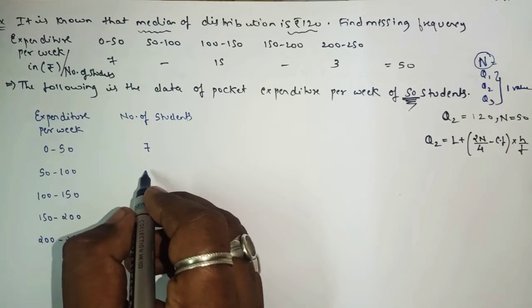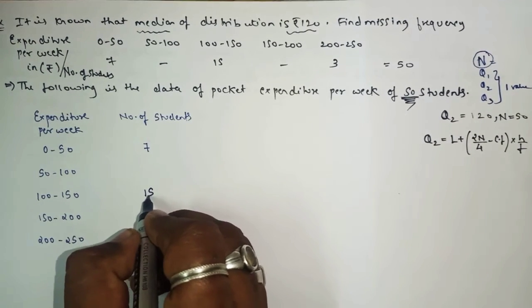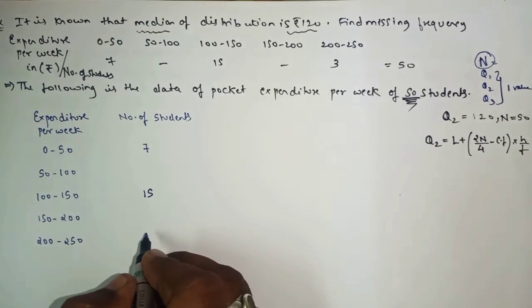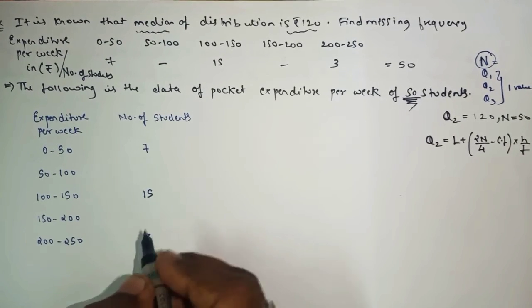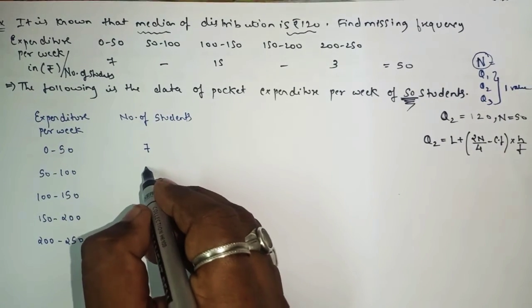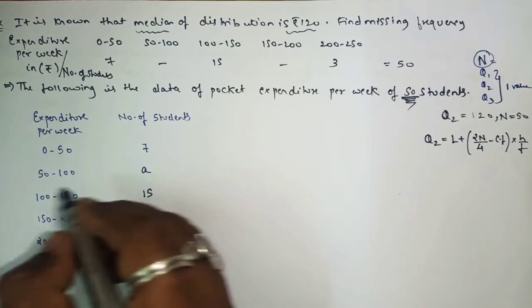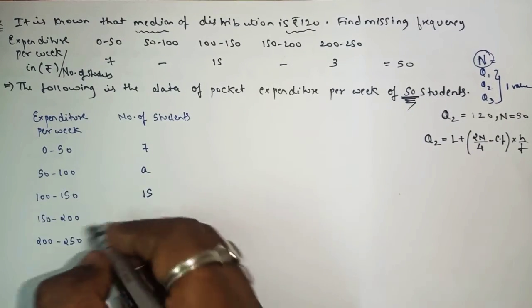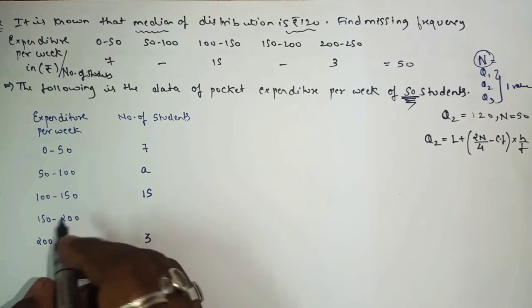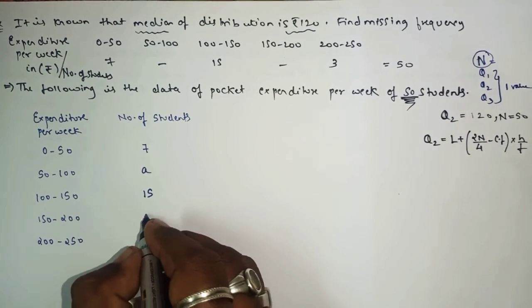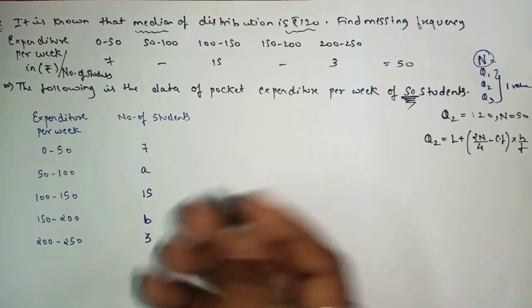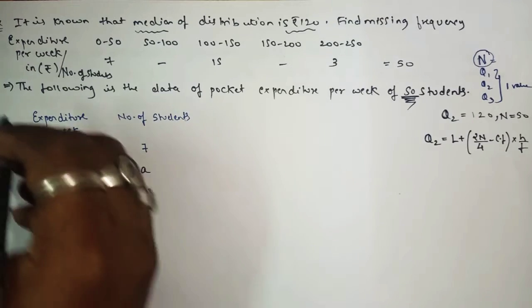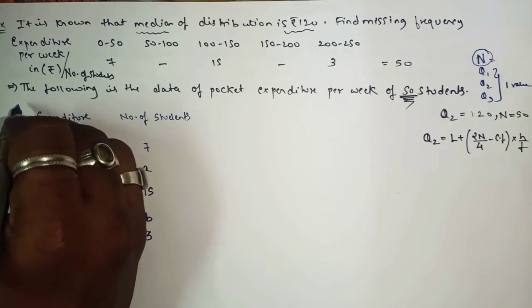Okay, here we don't have anything, so here we have 15, then the frequency is missing, and here it is 3. So here we'll take, let the frequency of class 50 to 100 be A, or X, whatever you want you can take, and for 150 to 200 we can take B. It is up to you. If you want to take Y, you can. Okay, so your first step here will be to write what,